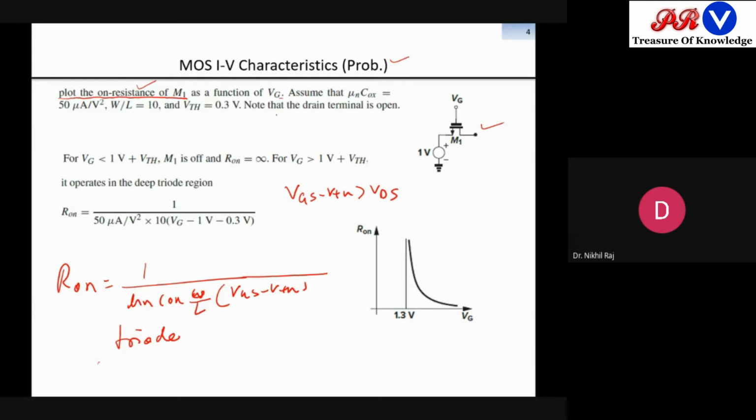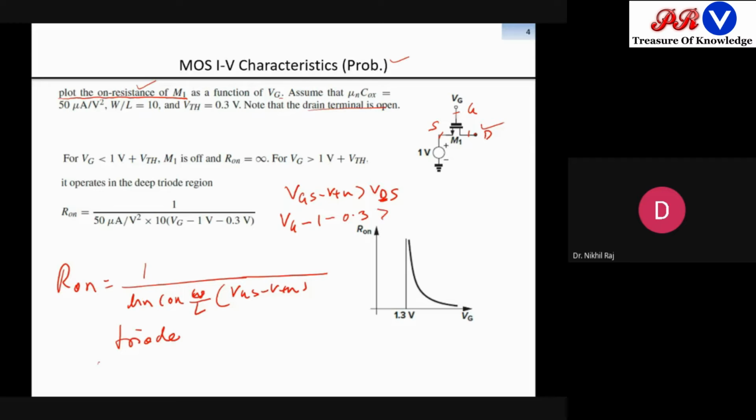So here the drain terminal is left open. Drain is open, so we don't know what the drain voltage is. So what will be the value of VGS minus VTH? VG is unknown here, so we'll substitute VG minus VS. What is VS here? Where there is an arrow, that is your source. Opposite is drain. Left out is gate. So source is 1. So VG minus 1 minus VTH. VTH is given as 0.3.